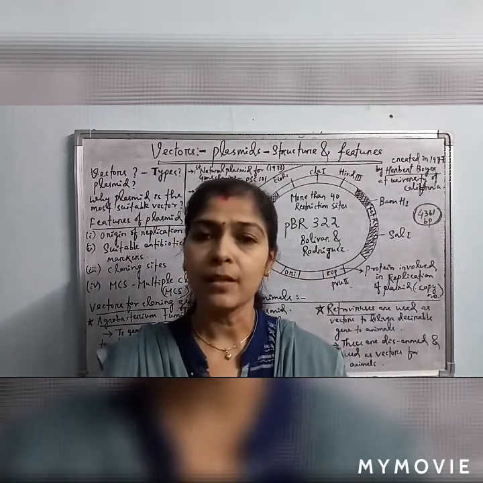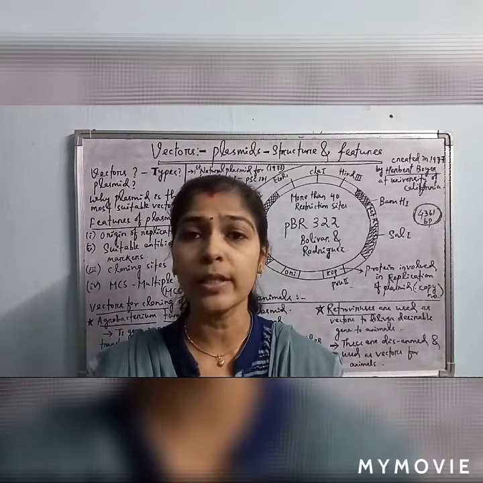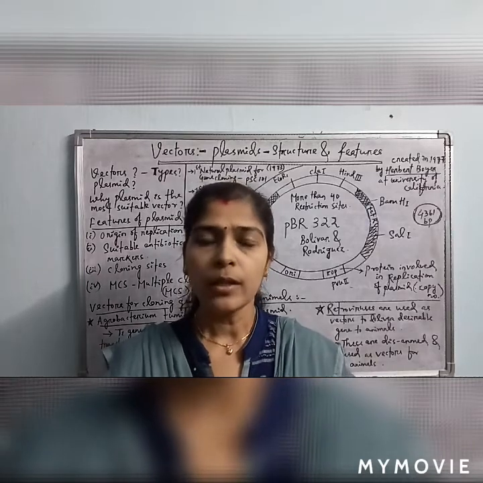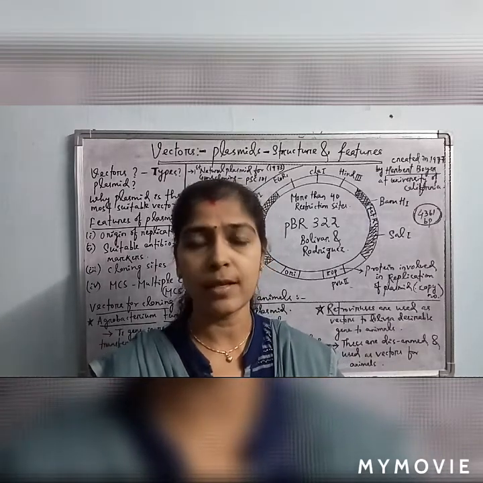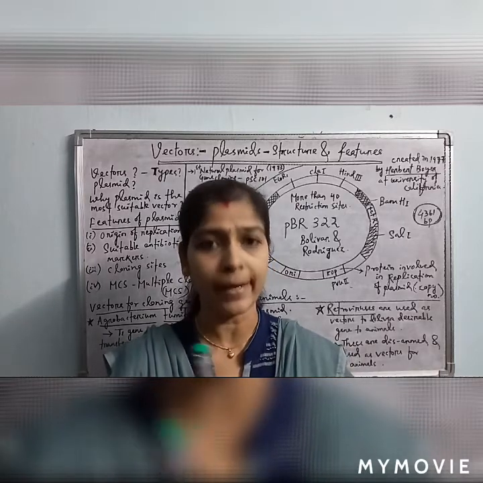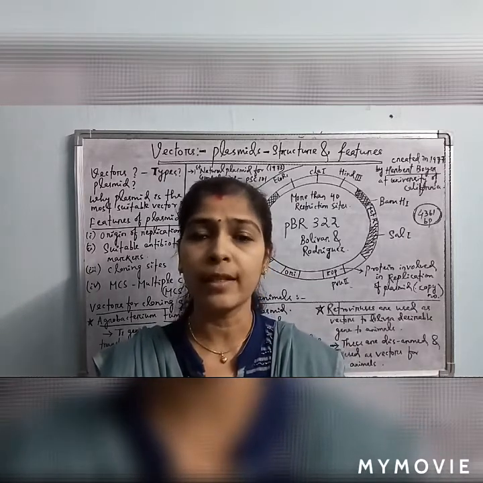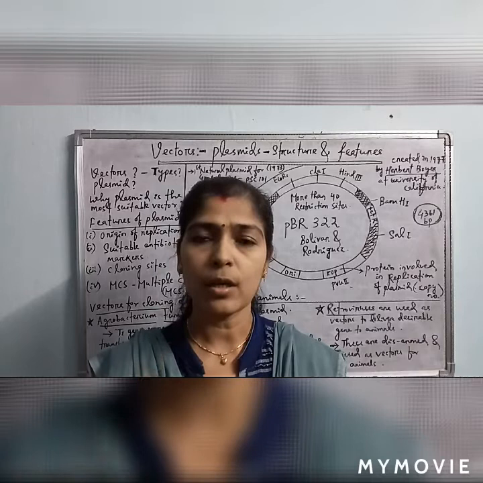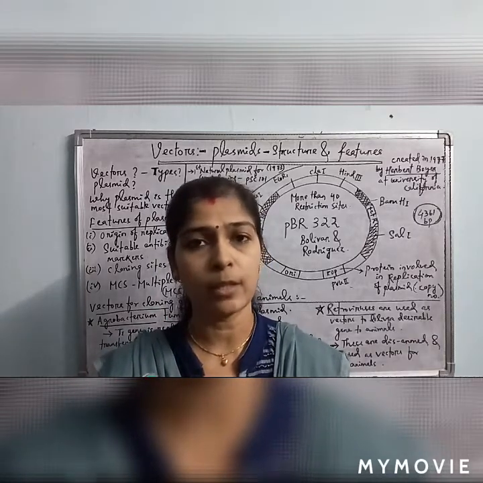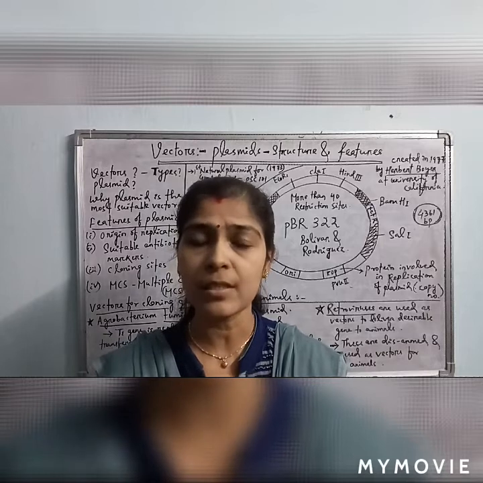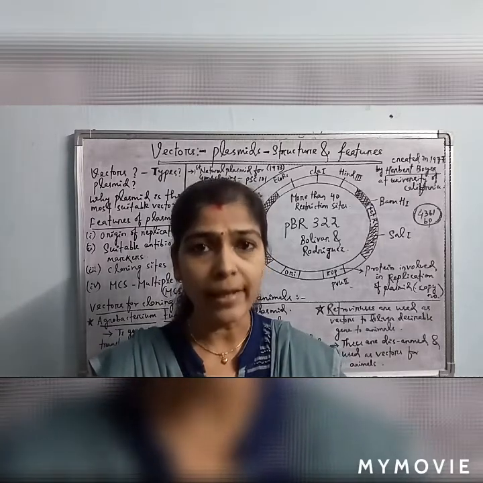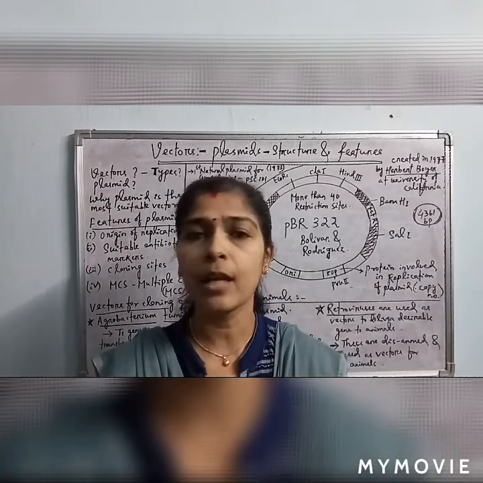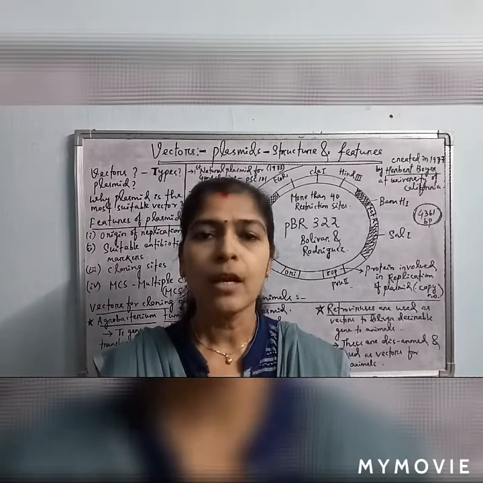Plasmids are extrachromosomal circular DNA molecules present inside the bacteria, having self-replicating ability. They are extrachromosomal, meaning beyond the nucleoid of the bacteria. The bacteria has its chromosomal DNA, called the nucleoid, and except for the nucleoid, there may be many plasmids. These are circular double-stranded DNA molecules with self-replicating ability. This means that even if the bacteria is not dividing, the plasmid can increase its copy number. The plasmid can multiply itself inside a single bacterial cell,